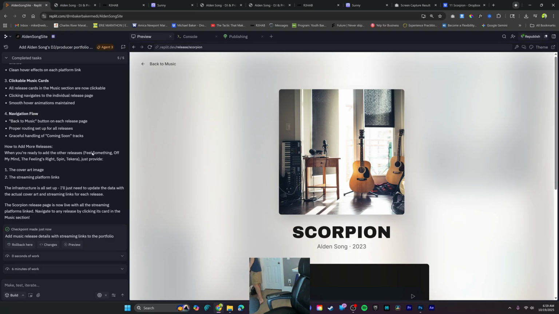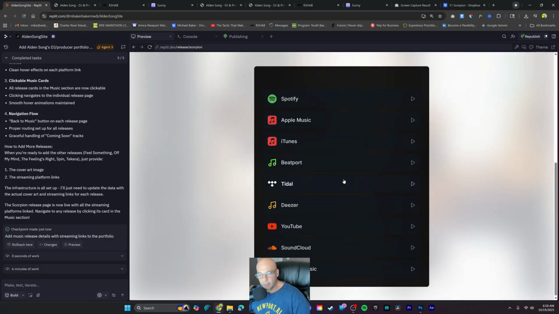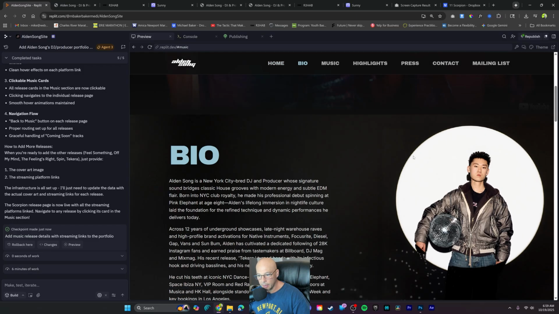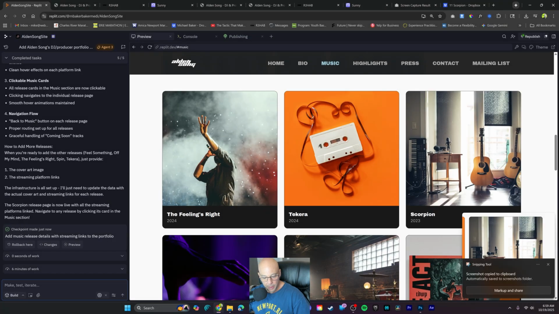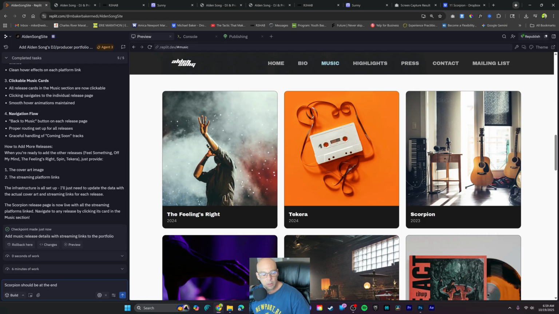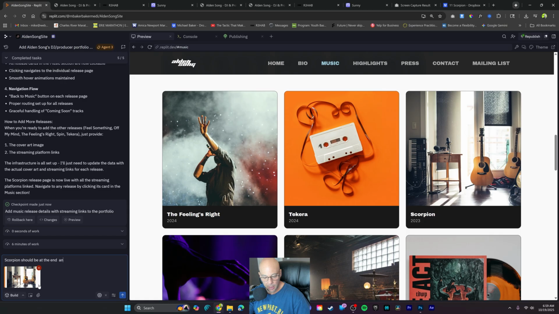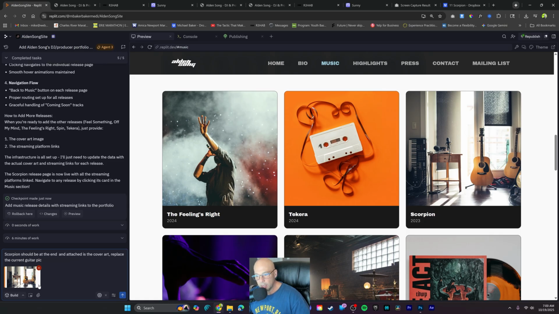So it's telling me that Scorpion is live and that it's all done. So it's bullshitting me. Now let's fix it. First of all, Scorpion should be at the end. Before I change any cover, actually, I'll change the cover at the same time. And so I'm saying Scorpion should be at the end,